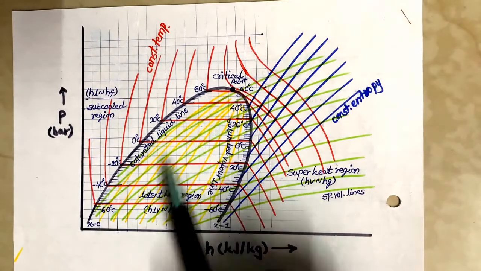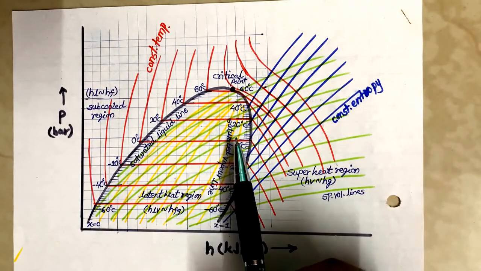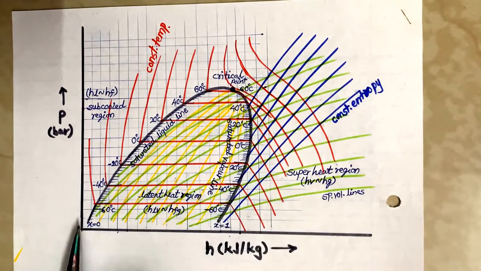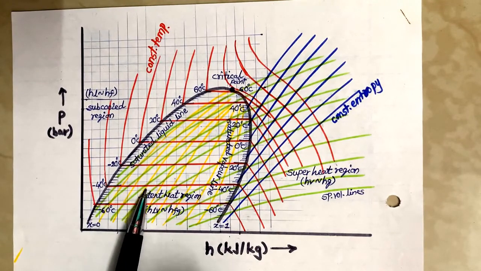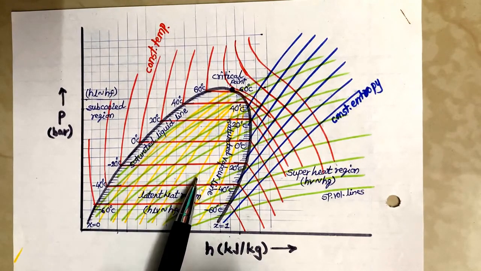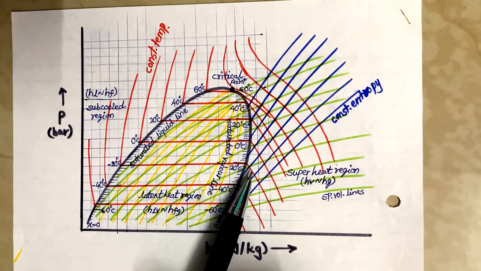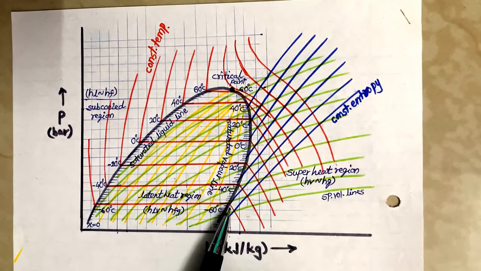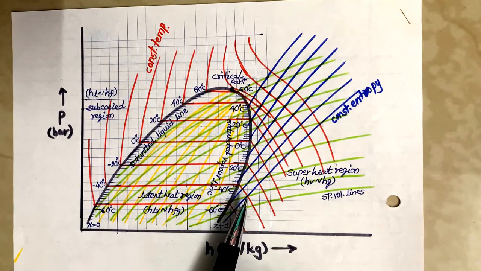So we have here 10 lines, that is 10 dryness fraction lines. x equals 0 means that the phase of that refrigerant is pure liquid. It rises from left to right: 0, 0.1, 0.2, 0.3, 0.4, 0.5, 0.6, 0.7, 0.8, 0.9 and 1. 1 is on the saturated vapor line, because a dryness fraction of 1 means it is in the phase of vapor refrigerant. That's why the dryness fraction is 1.